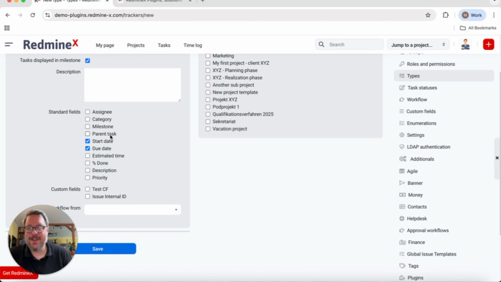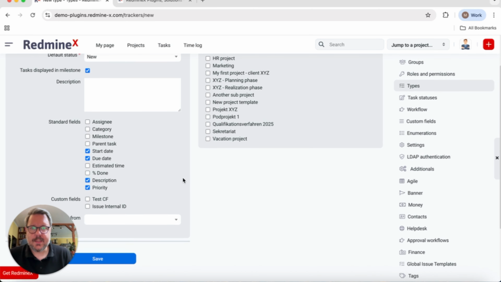For example, you cannot create the parent task or define the parent task. And it's not going to have the estimated time because it doesn't matter in HR, and it's not going to have the percentage done, etc. So I'm going to set this to start date, due date, and priority and description because we want to say what we want to assign to people,